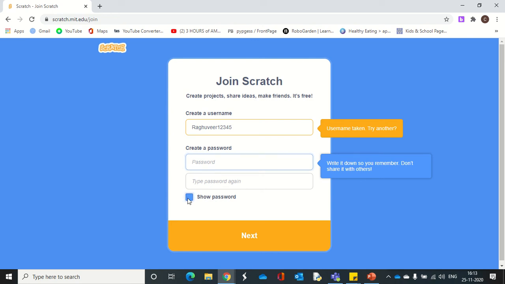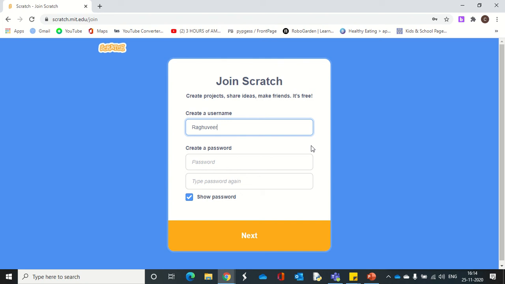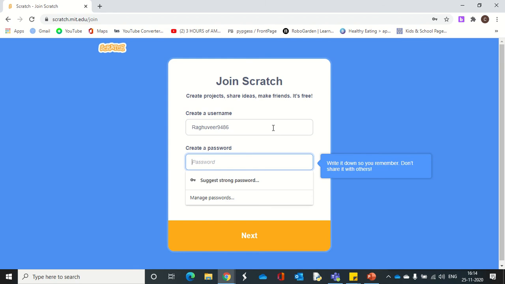If you want to turn this off, you can turn this off. Okay, so it is saying username taken, try another. Then I have to change another one. So this is the username I have selected, because it was showing an error, it was already taken.